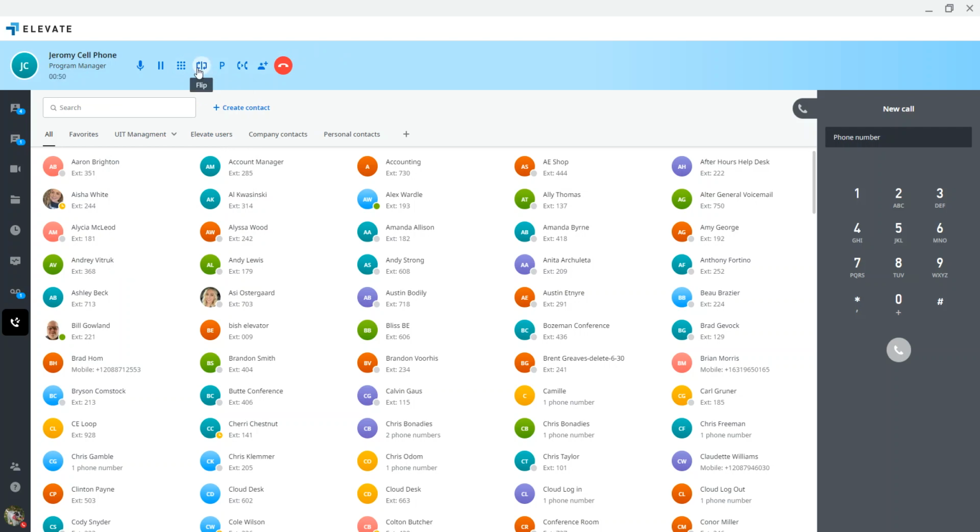This icon is what's called call flip, and what this does is put a call on hold and allow me to quickly transfer it to another device associated with my account. So for instance, if I wanted to take this call and pick it back up on my cell phone, I could. I'll just hit the call flip, and it will ring my Elevate application on my cell phone, and I can pick up that call on my cell phone